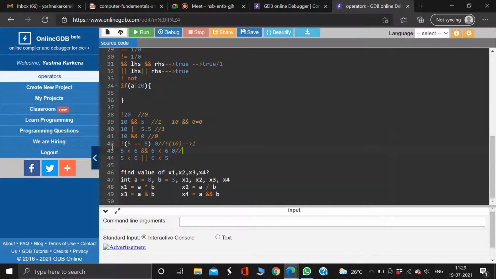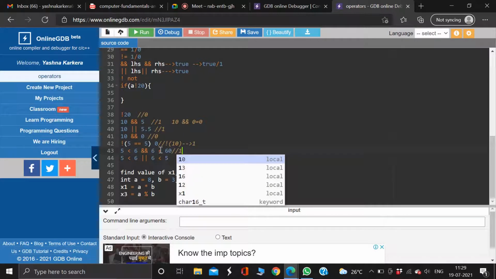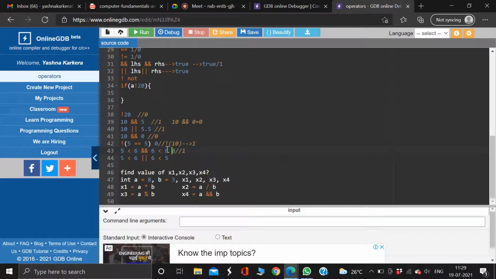Answer these one by one. Check both conditions. You have one condition on the left-hand side and one condition on the right. Zero. Are you sure? The first one is 0. The second one is 1. Why is it 0? Because the second one is false. 6 is less than 6 is false. Oh, sorry, it's true. Very good. I guess you guys got confused. I wrote 6 very